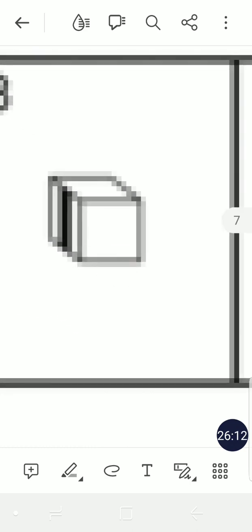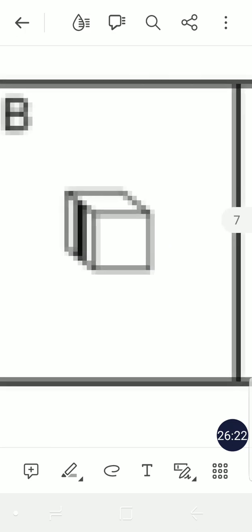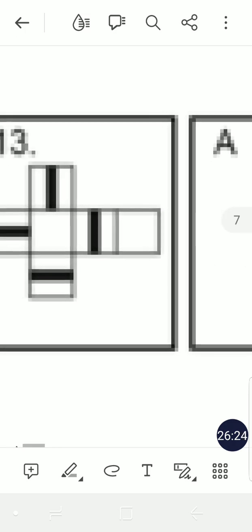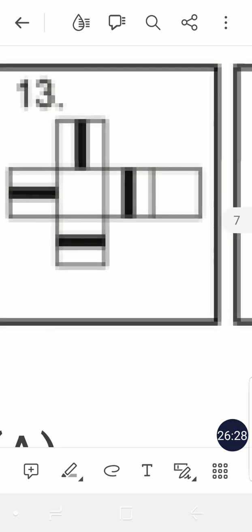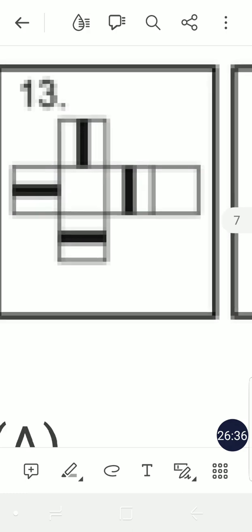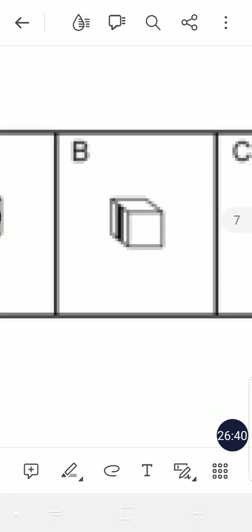You can see two white lines are beside each other. Two white faces, I mean, are right beside each other, whereas here they are opposite, right there. The two white square faces are opposite, and there's something between them. So B is eliminated right away,